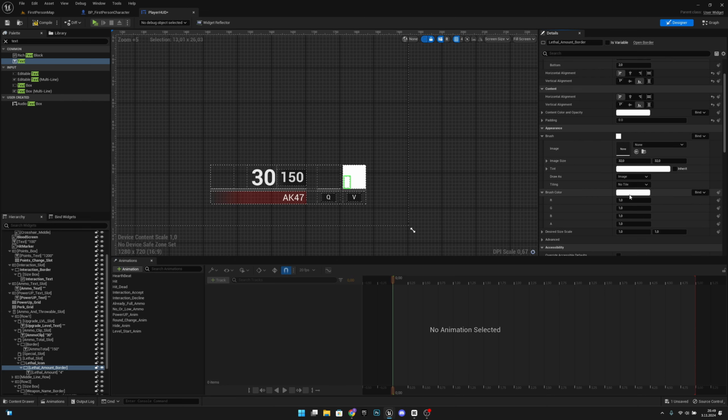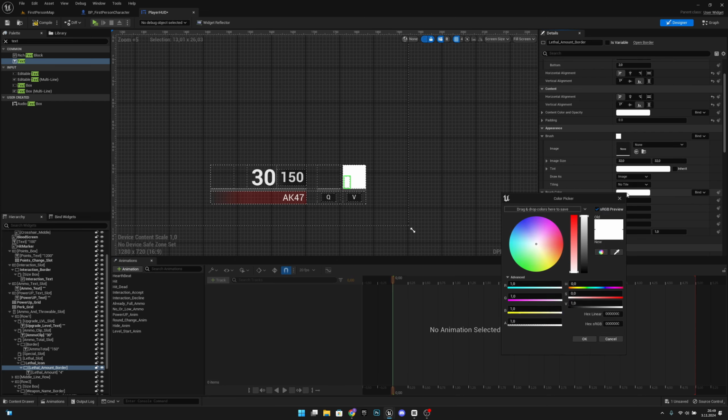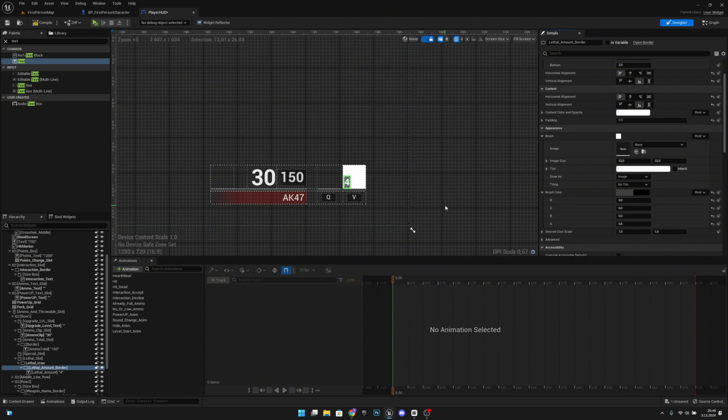Oh, here, brush color. Sorry, I'm a little bit tired. Let's set this to black and let's make it like 0.5, something like that. 0.6 maybe. Okay, you can obviously adjust it however you want, but you might be starting to see what we